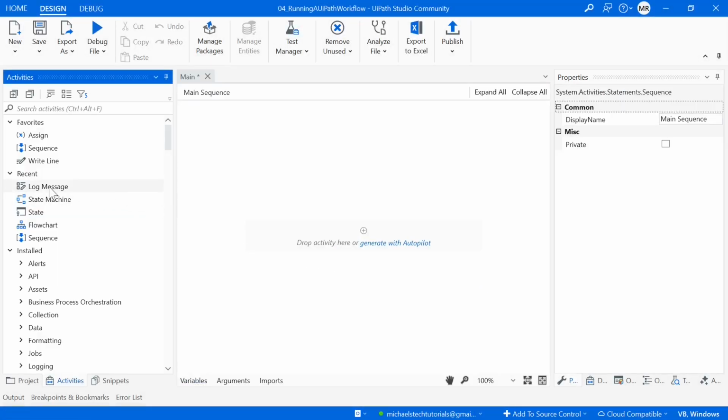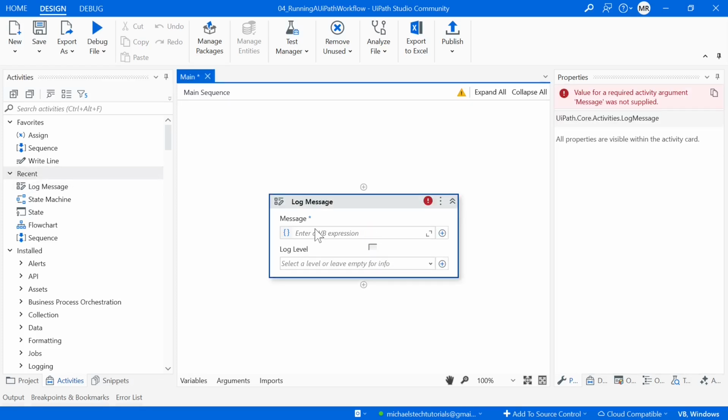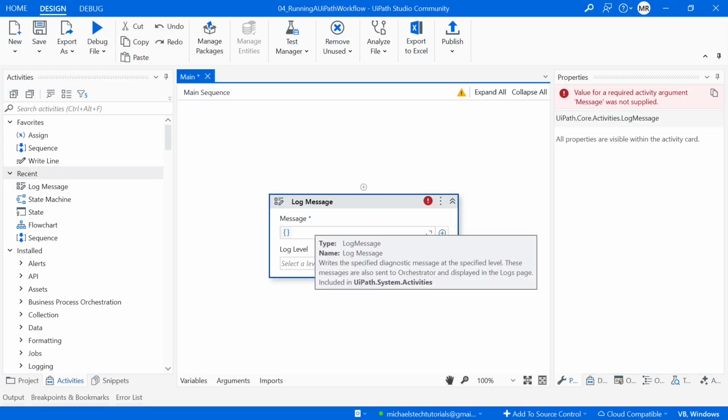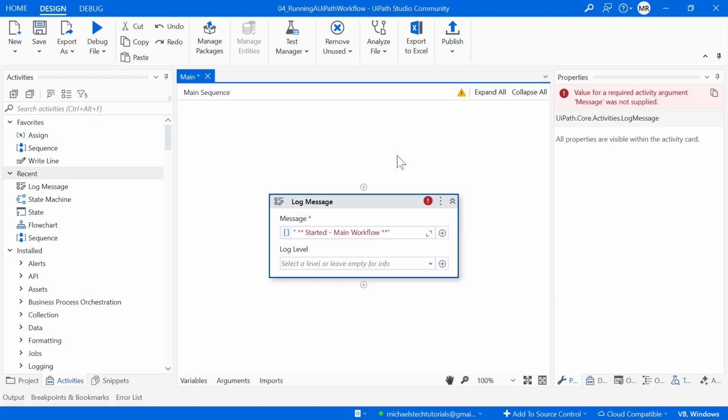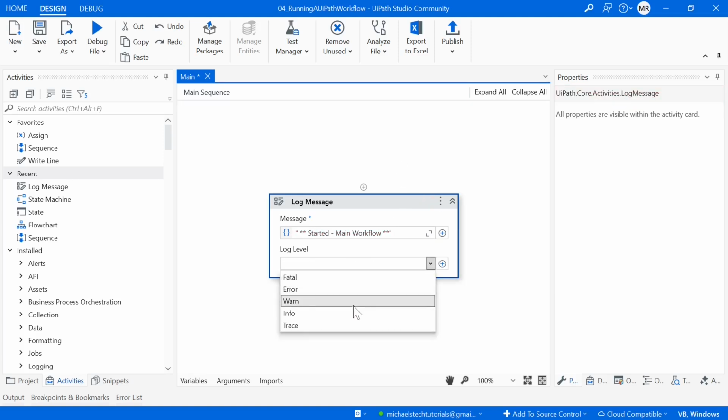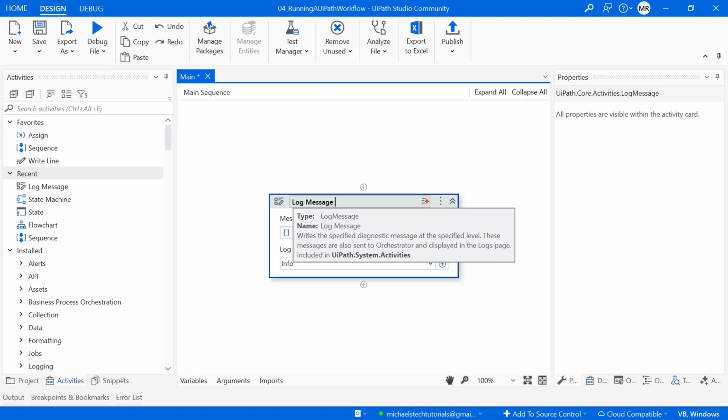I'm going to add a log message activity into our workflow, and the message I'm going to type in will be "Started - main workflow". I'm going to make the log level Info, and I'm going to update this log message title to be "Log Message - Started